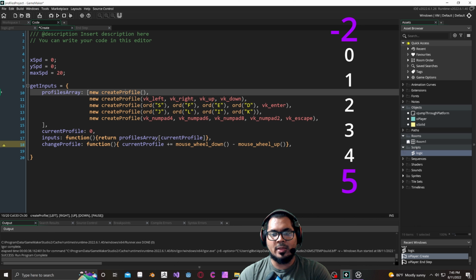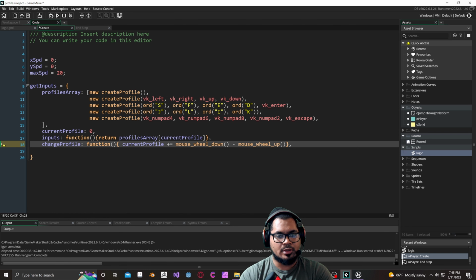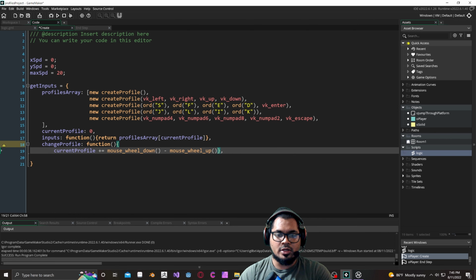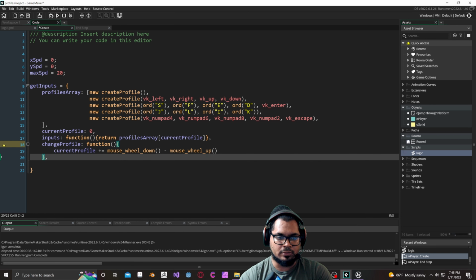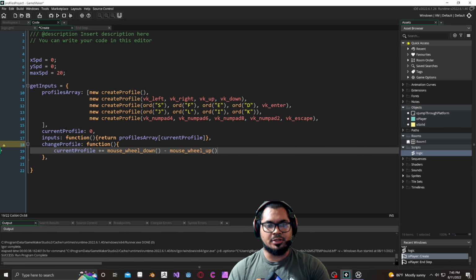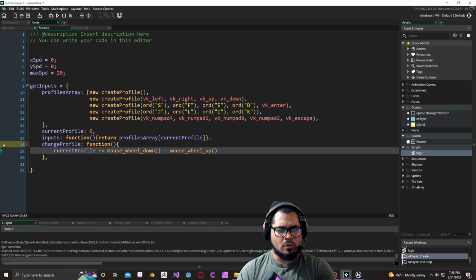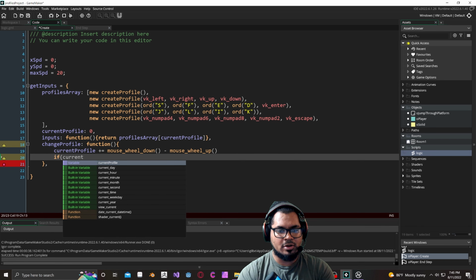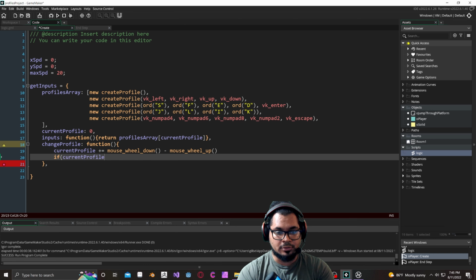So we have to, in some way, tell the game, hey, listen, if we go above the maximum amount of entries for the array, we want this value to actually go back to 0. And we want the opposite to happen as well. If it goes below 0, we want it to go to the maximum value. So what we're going to do is say if current profile, which is our counter that we're keeping track of, goes above, and here we're going to